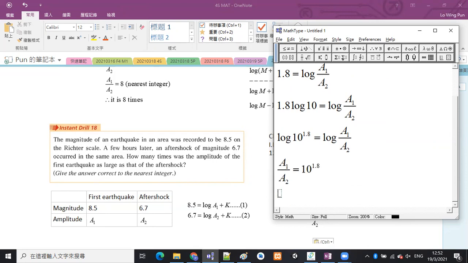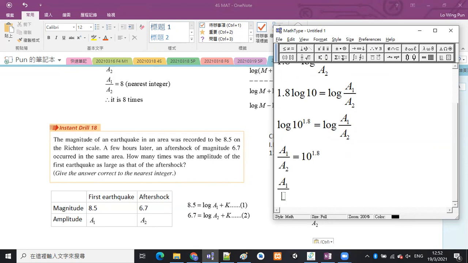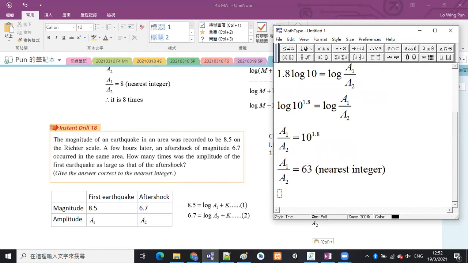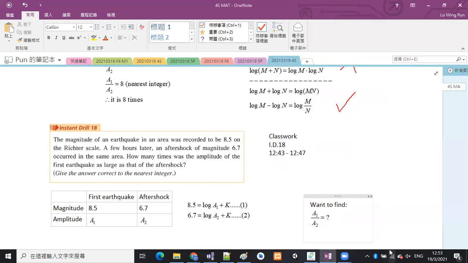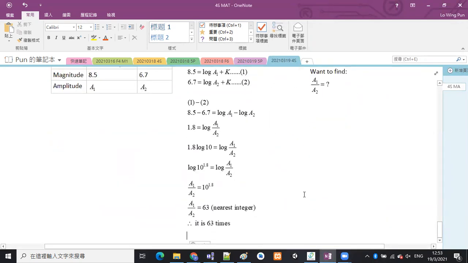Okay, and then you just use the calculator to find that A1 over A2 will be 63. And this number is correct to nearest integer. Okay, and just write down in conclusion. Therefore, it is 63 times, and that is the answer. 得唔得？計唔計到63？大家